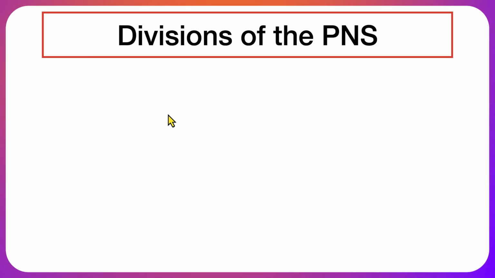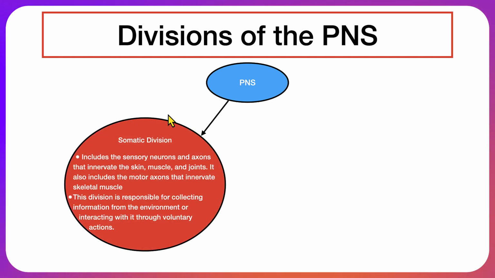So now what I would like to do is look at the different divisions of the peripheral nervous system. The peripheral nervous system can be divided into two main branches. The first branch is going to be the somatic division. The somatic division is going to include the sensory neurons and axons that innervate the skin, muscle, and joints. And it's also going to include the motor axons that innervate skeletal muscle. This division is going to be responsible for collecting information from the environment or interacting with the environment through voluntary